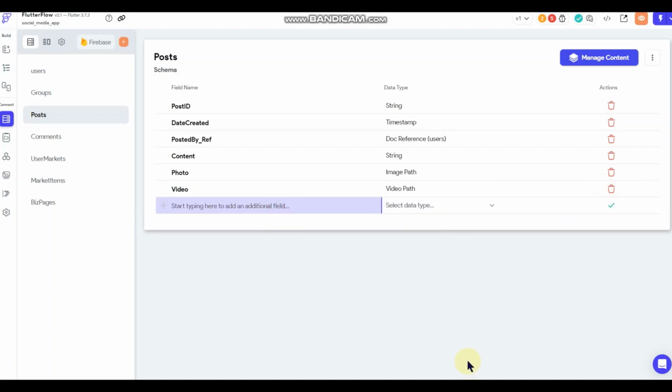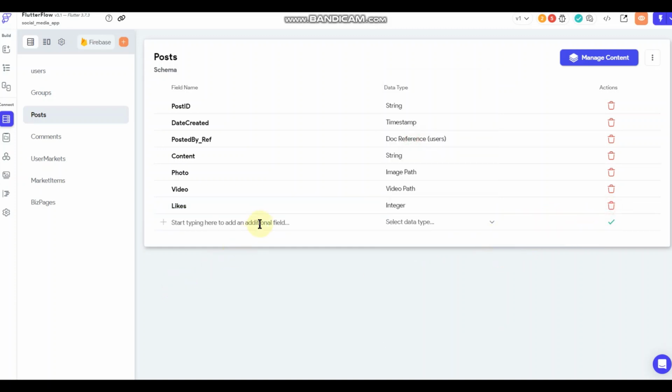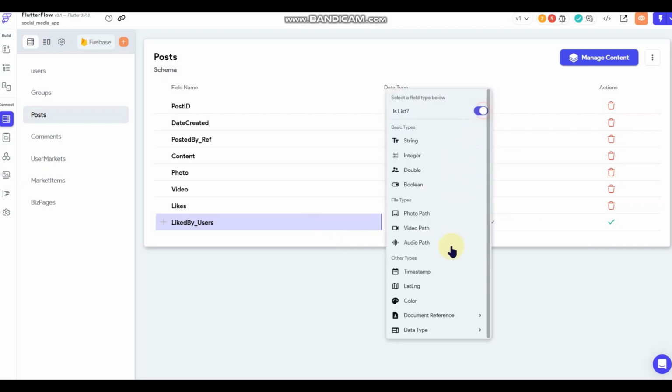Okay. So now we have that. Now we want to plug in here likes. So if someone likes the post, it will show up. We're going to set that as an integer. Okay, so now we're going to do liked by users. I'll set it as a list.